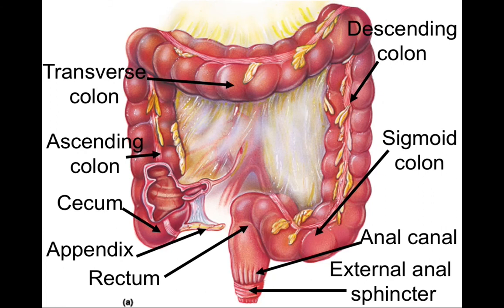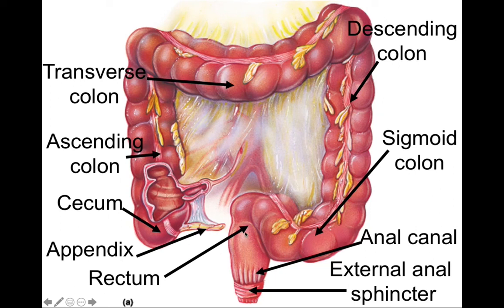Now, based on the direction of substances inside of the large intestine, we name the different parts. So you can see that once substances enter into the cecum of the large intestine, they're going to get forced upwards, and therefore we call this the ascending colon. As we make our way up, we're eventually going to cross over the body, and this is where we have the transverse colon, as food will move across the body. And then this portion of the large intestine is the descending colon, as that's going to take food downwards into